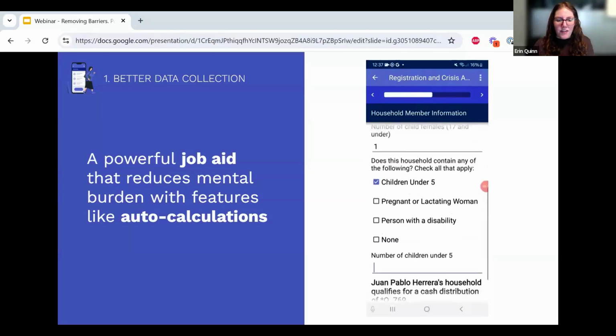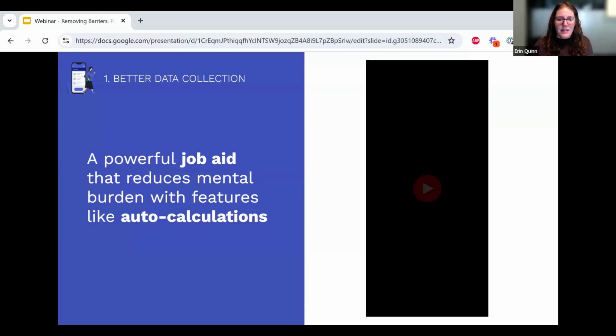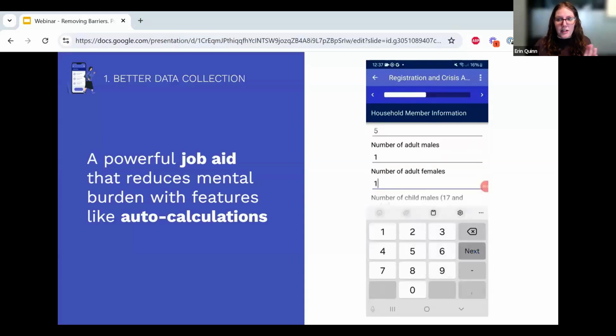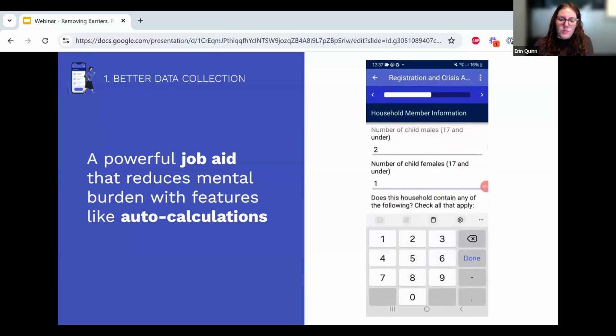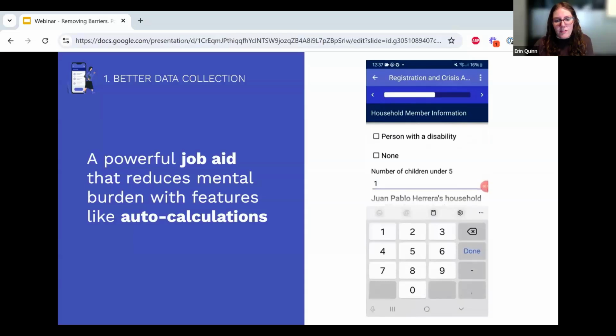This is a lot of math for anyone to do, let alone a frontline worker who might be doing this in a crowded facility for 40 or 50 families a day, all of whom are in the middle of experiencing a really bad crisis and have households just clamoring to talk to them. And so what we're able to do is build this entire algorithm out on CommCare in the back end so that none of these calculations have to be done by the user and CommCare can do them all on its own. This reduces any errors that the frontline worker would make from having to do this math manually, and it makes their life easier and their work faster.